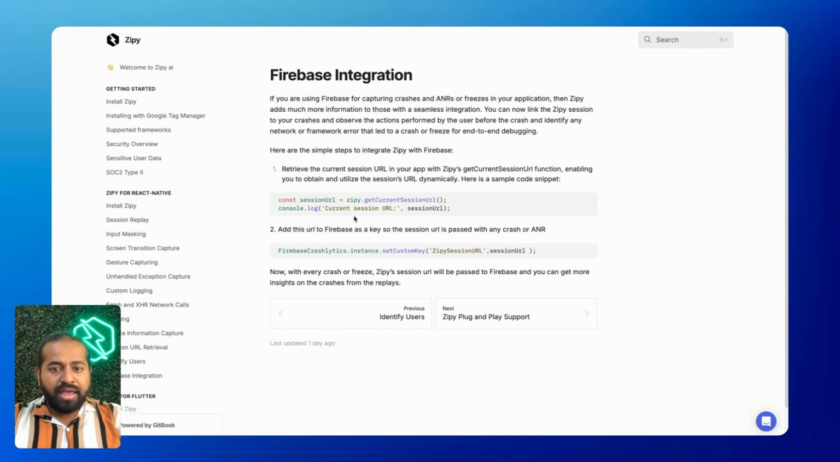So whenever there is a user interacting with your application, since you have both Zipy and Firebase running on the app, you can just call zipy.getCurrentSessionURL, which will return the current URL of the user from Zipy. And you can add that as a custom parameter inside Firebase. So you can just call the Firebase Crashlytics instance, set a custom key called Zipy session URL and pass on this